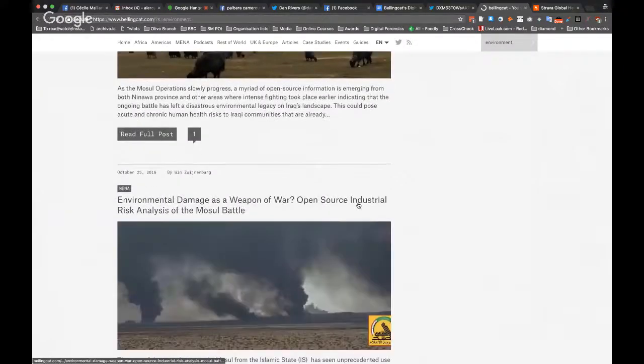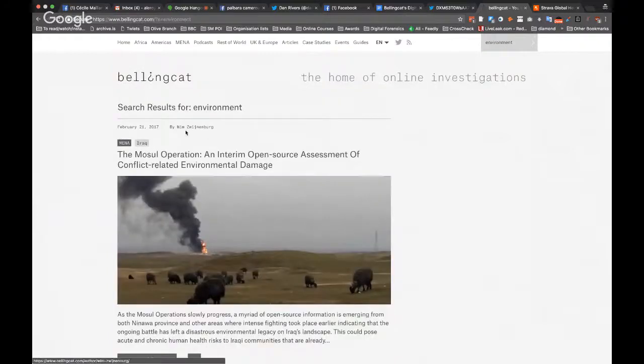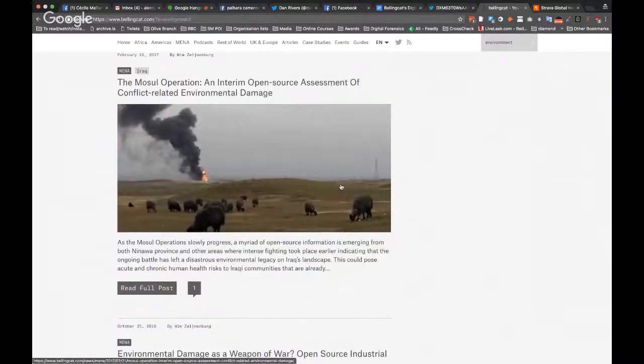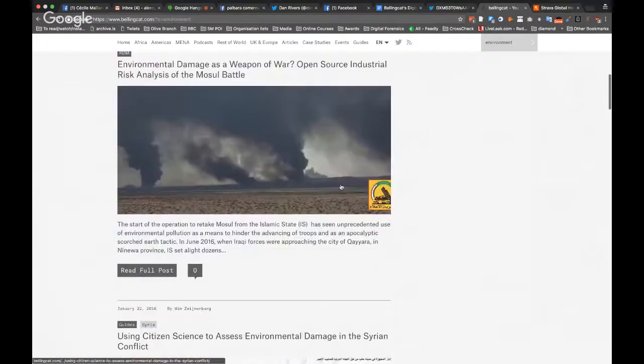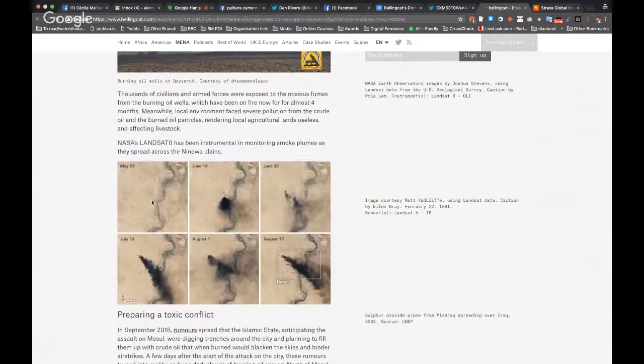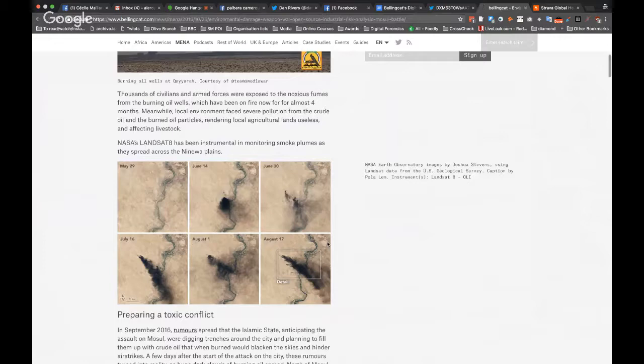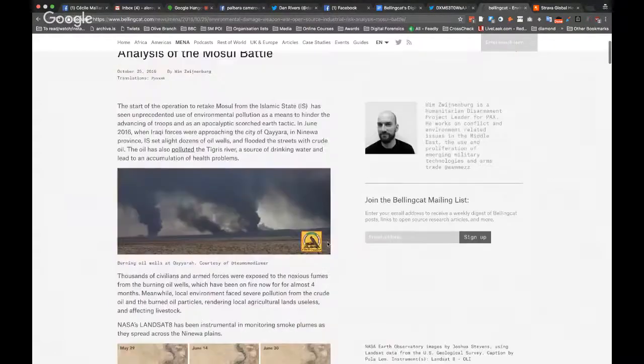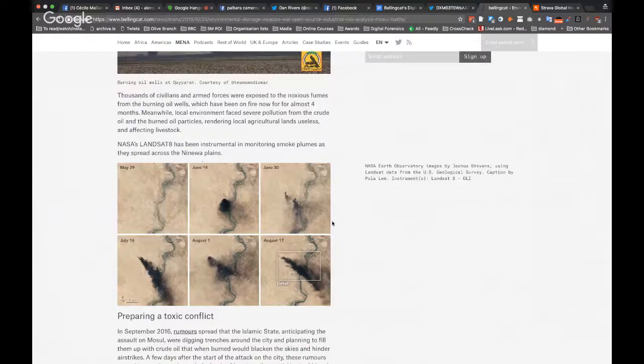So Wim Zwijnenberg, for example, specialized in looking at burning oil fields in Syria and Iraq. He's been using satellite imagery that gives you an idea of when the Islamic State set fire to oil rigs during the war.